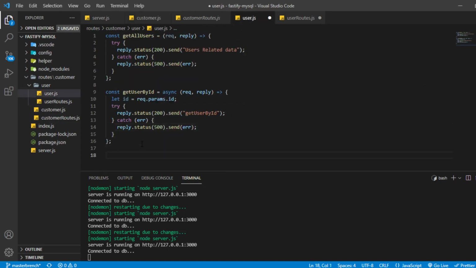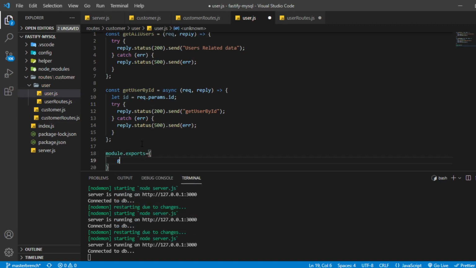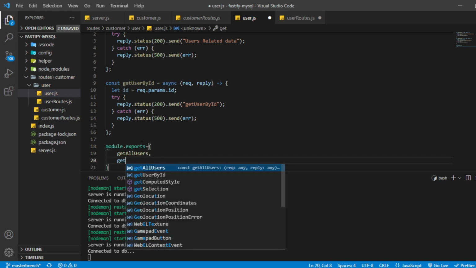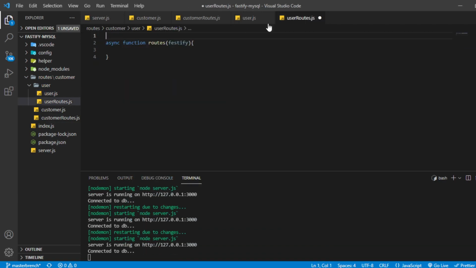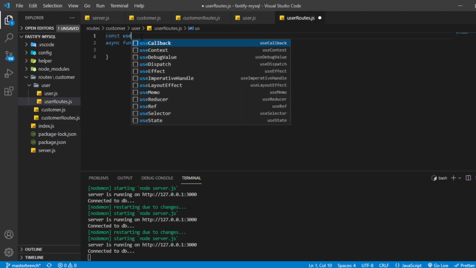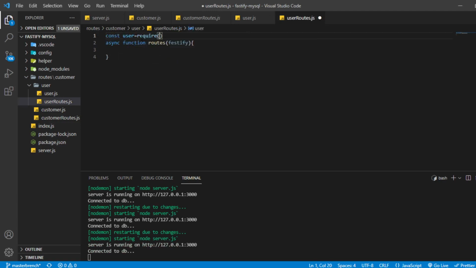So let me export it, module.exports, get all users and get user by id, right? And now just import those functions using require.